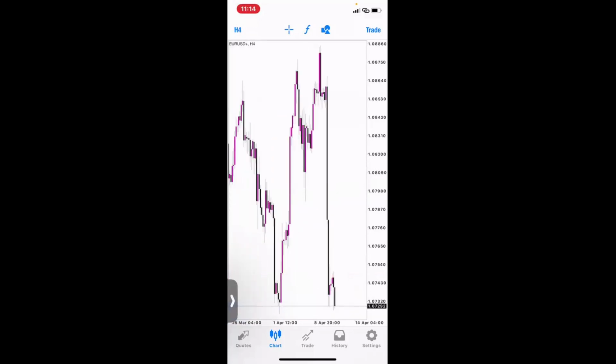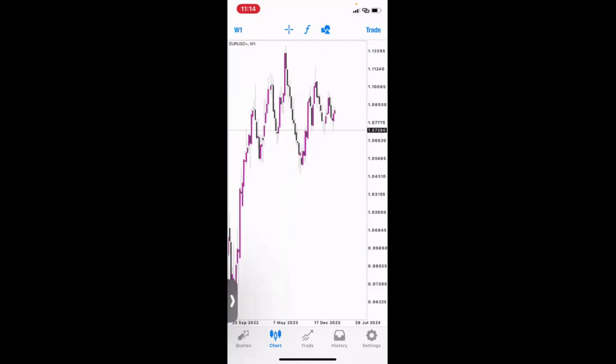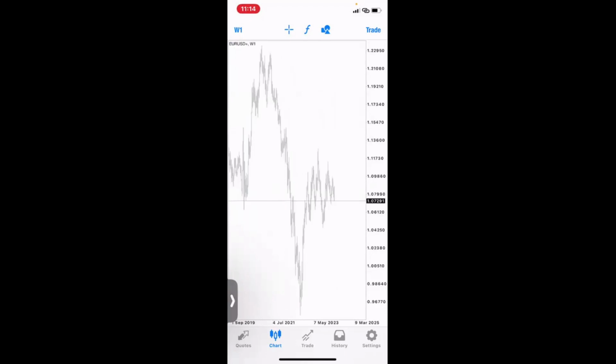Right now, again, I've talked about the time frame, I've talked about the candlesticks, we've talked about the price, we've talked about also the time at the bottom. So you can see as I keep jumping from time frame to time frame, the time at the bottom changes. Why? Because we are looking at bigger time frames. Now you can see this is 4th of July, this is 7th of May, right? We are on the weekly time frame, so we have a more macro perspective of what the market is